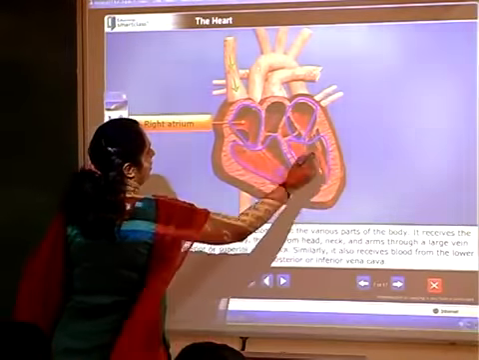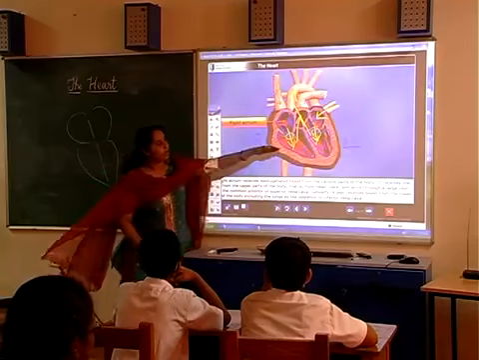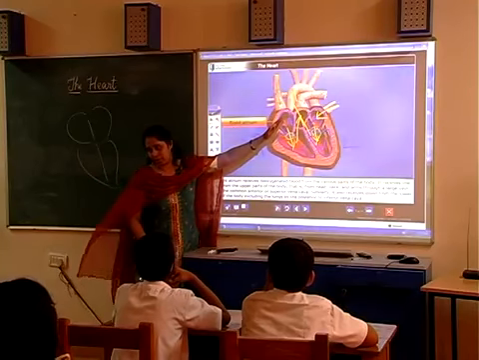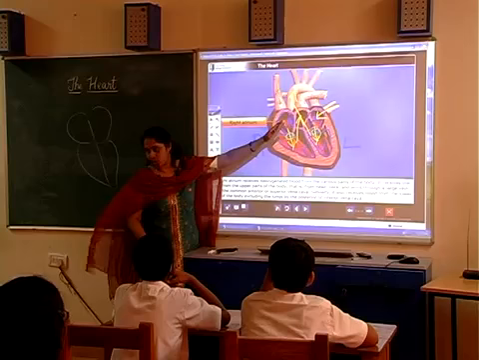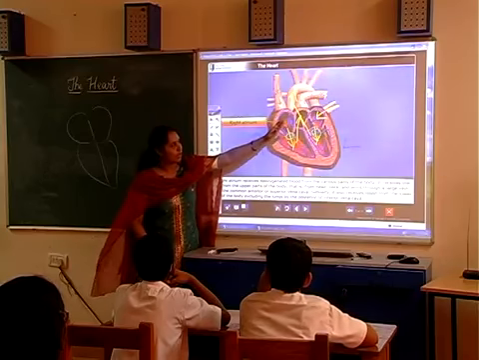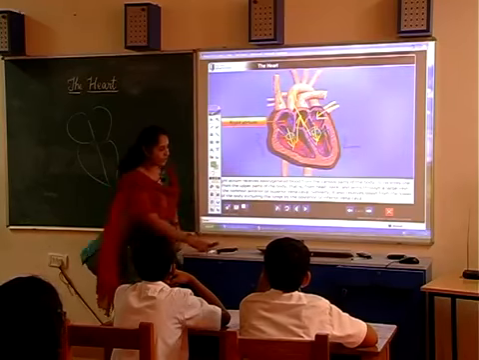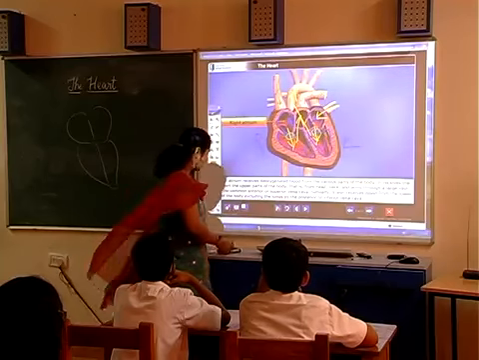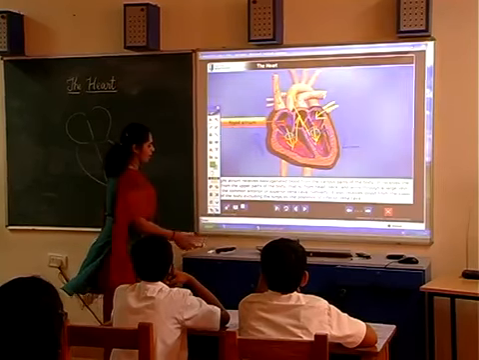If the valves are not there, just like the opening and closing of a lid, the blood will flow back into the auricular chamber, right? So we don't want that to happen. Therefore, the valves will close as soon as the blood is pumped inside. So we will see how it is in the next